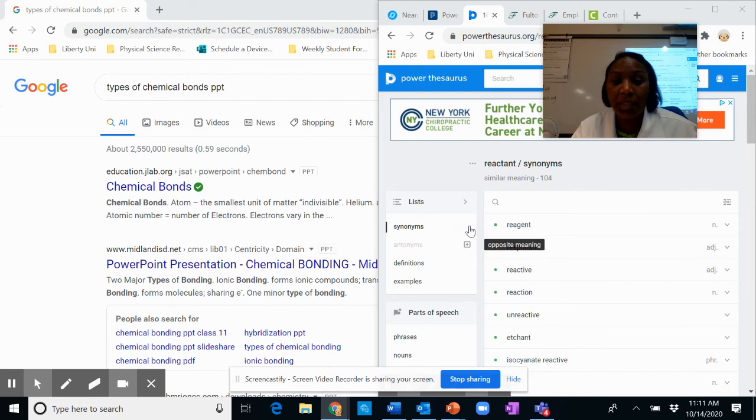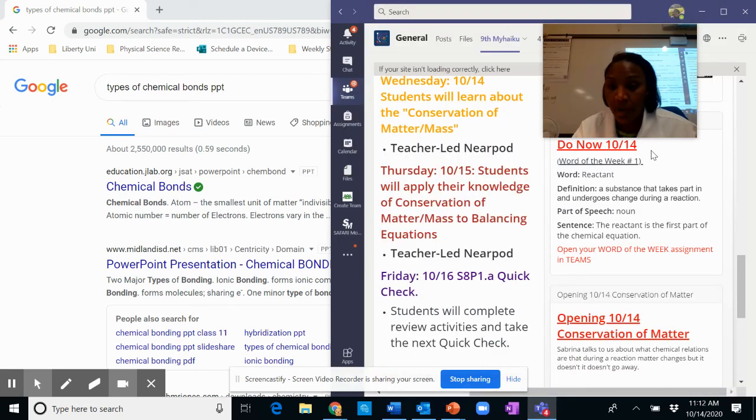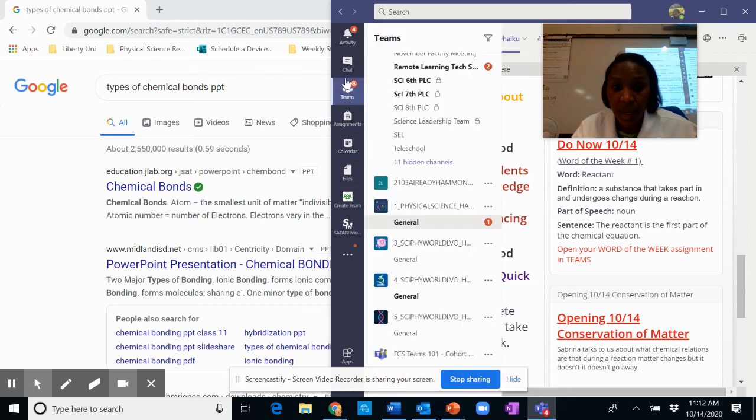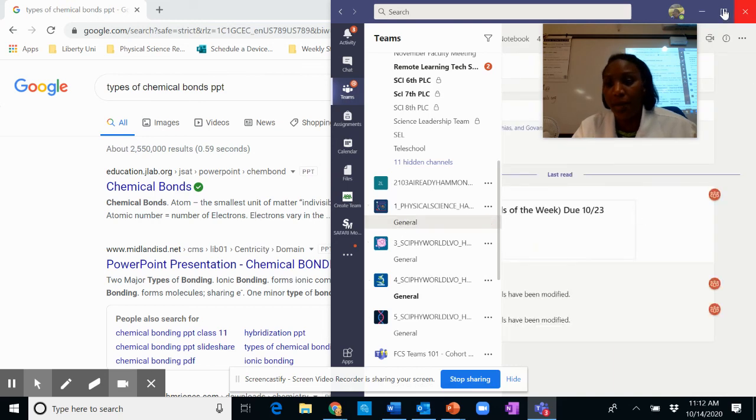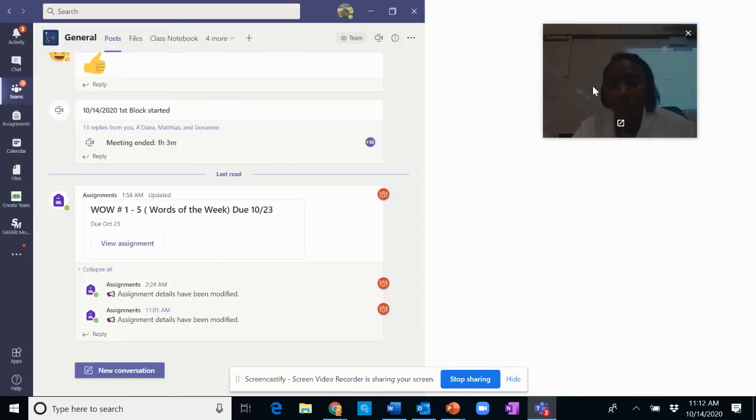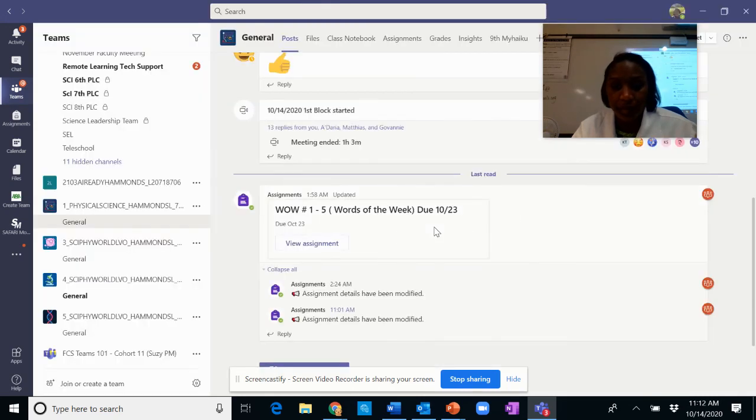It's going to automatically take you back to your Teams, and then you're going to go back to where your assignment is located. I'm going back to General, going back to my full screen, and then you'll be back at the assignment. Here you'll see where it states that I've modified the assignment.